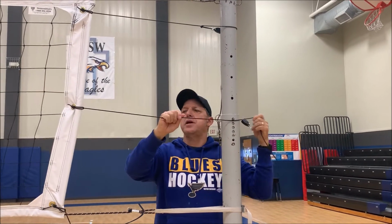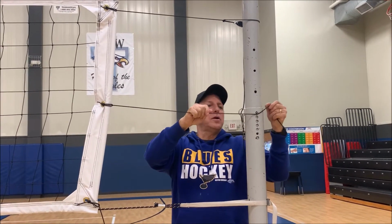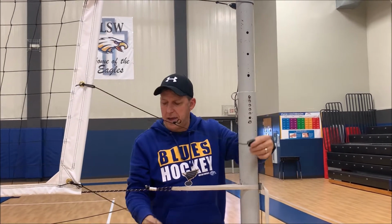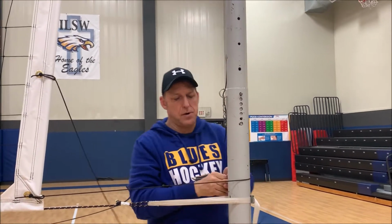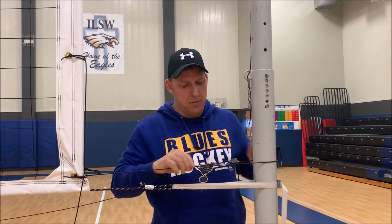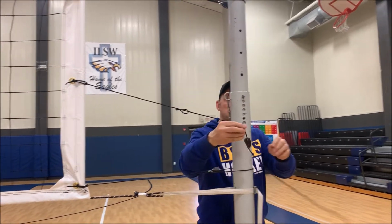Same thing with this one here. Come down, bring the buckle around to the post. Now we have to have some looseness, so I'll show you that. Let's get this last bottom one here. See if we can make this one work. Yeah, this one will work tight, fine, okay? All right, so let me show you how to give yourself some more